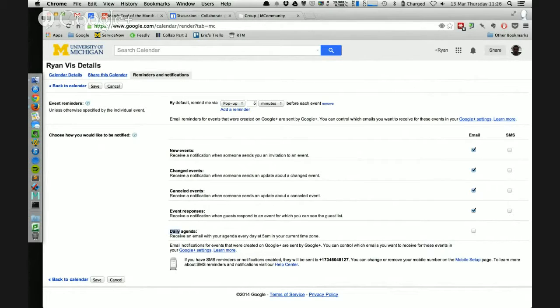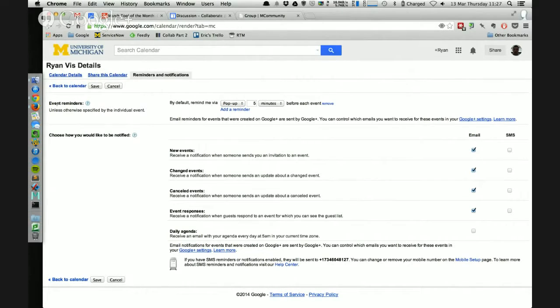This is off by default, but the last item on this list is the daily agenda. You can have your day's agenda emailed to you every day, generally about 5 a.m., it says, just by checking this box. If you're taking the bus to work and you are on your smartphone, you can page through that quickly. You'll get a little bit more detail than on your iPhone's event card, and you don't have to drill into each individual agenda item on your phone's calendar. It's kind of handy. I don't use it a lot because I generally go where my phone tells me to go, but some folks find that handy.